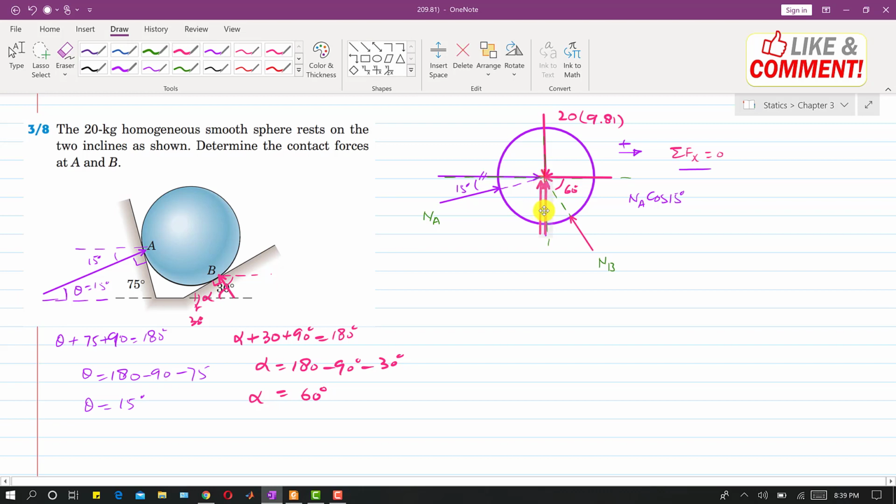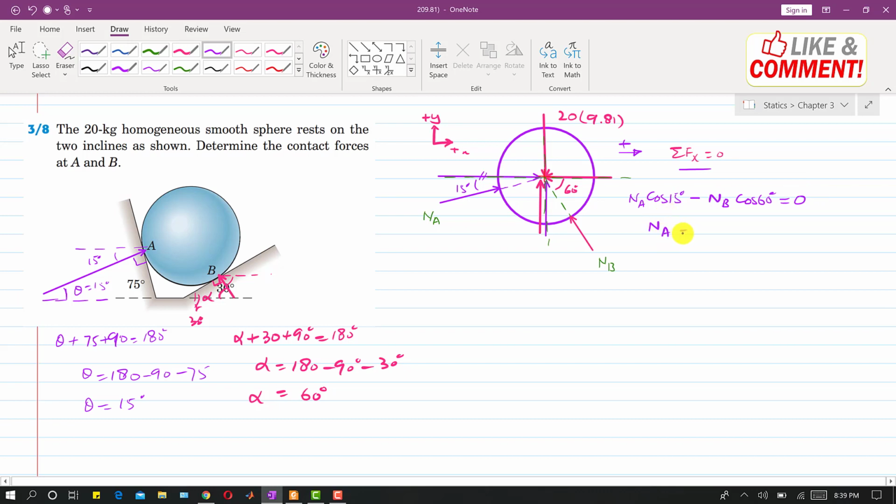This reaction is on the top of this, but I am drawing it somewhere here, right? So this is the cos component, right? And this is in the negative x direction. If this is our positive x and this is our positive y, this component of NB is in the negative x direction. So we will write minus NB cos of 60 degrees, and this will be equal to 0 since there is no other component in this direction, right?